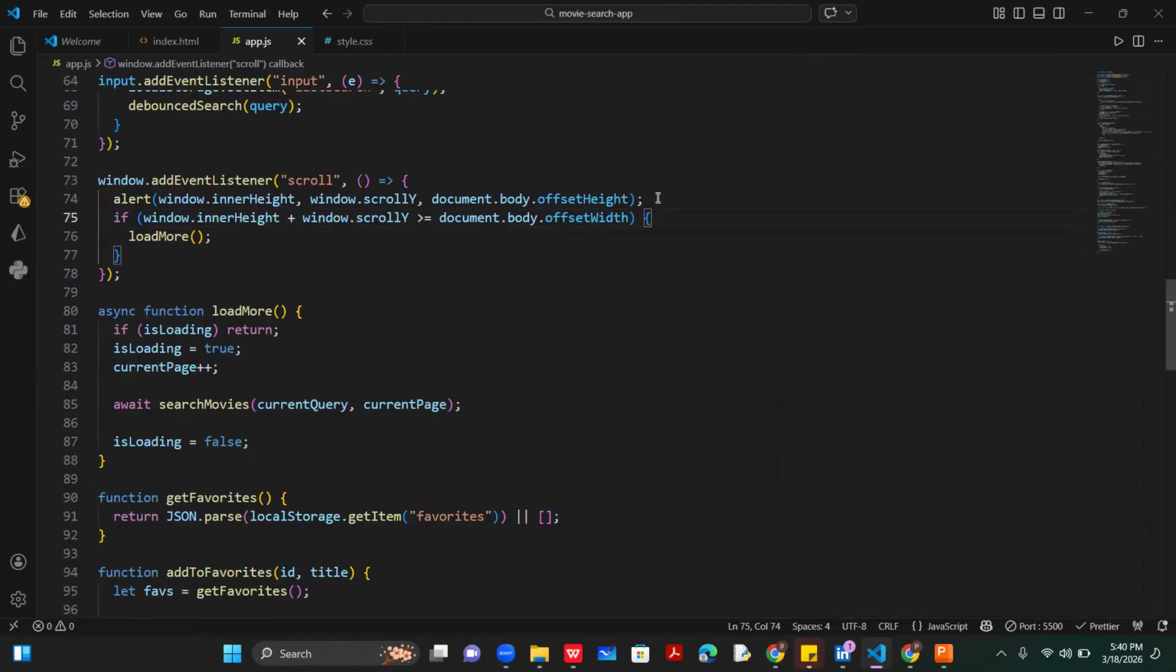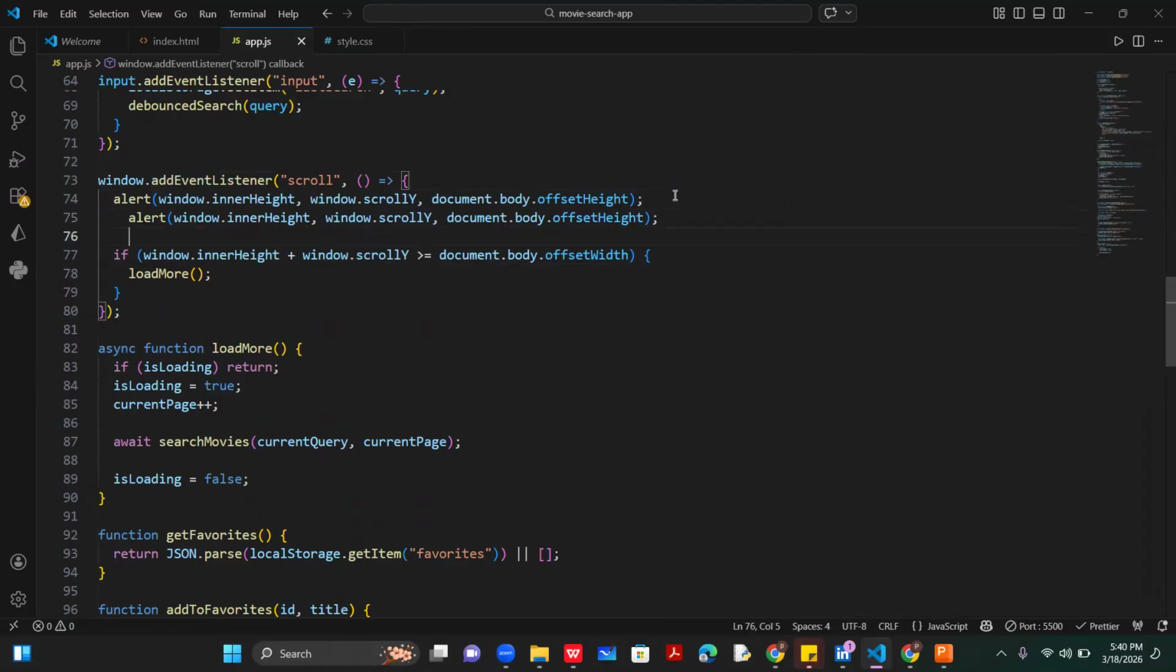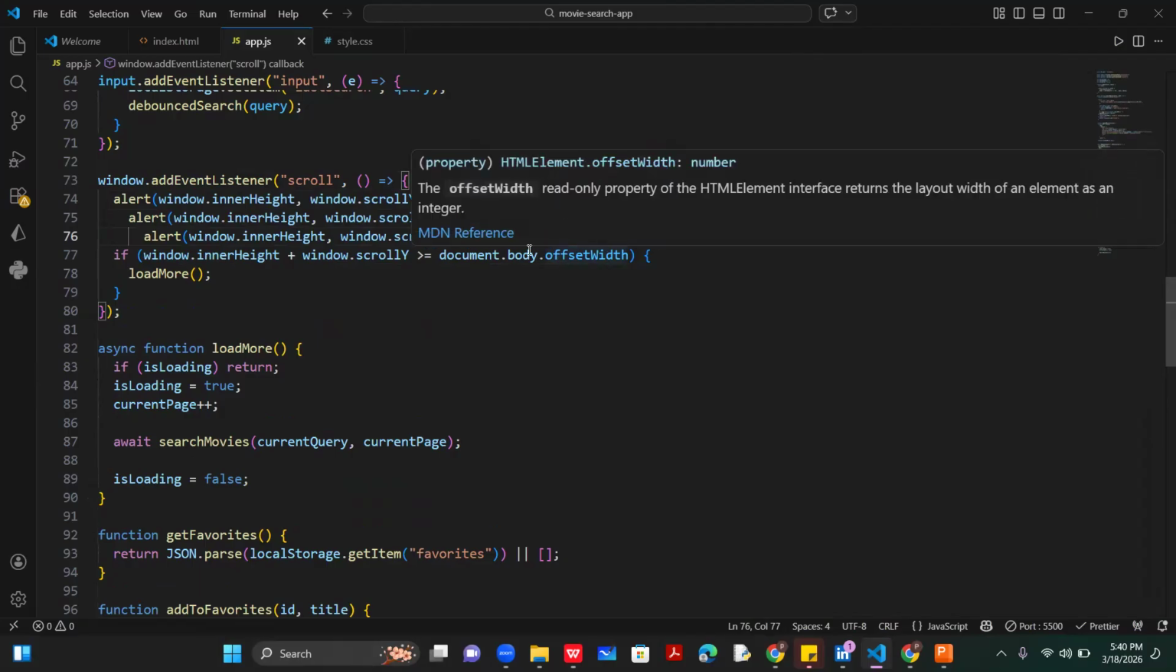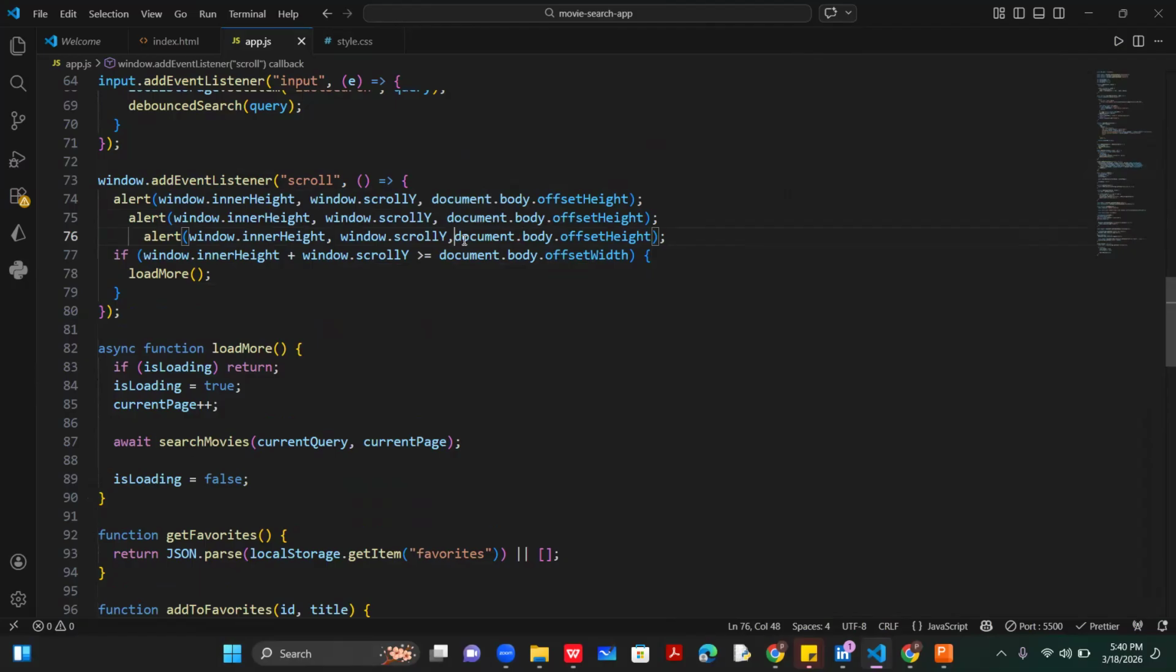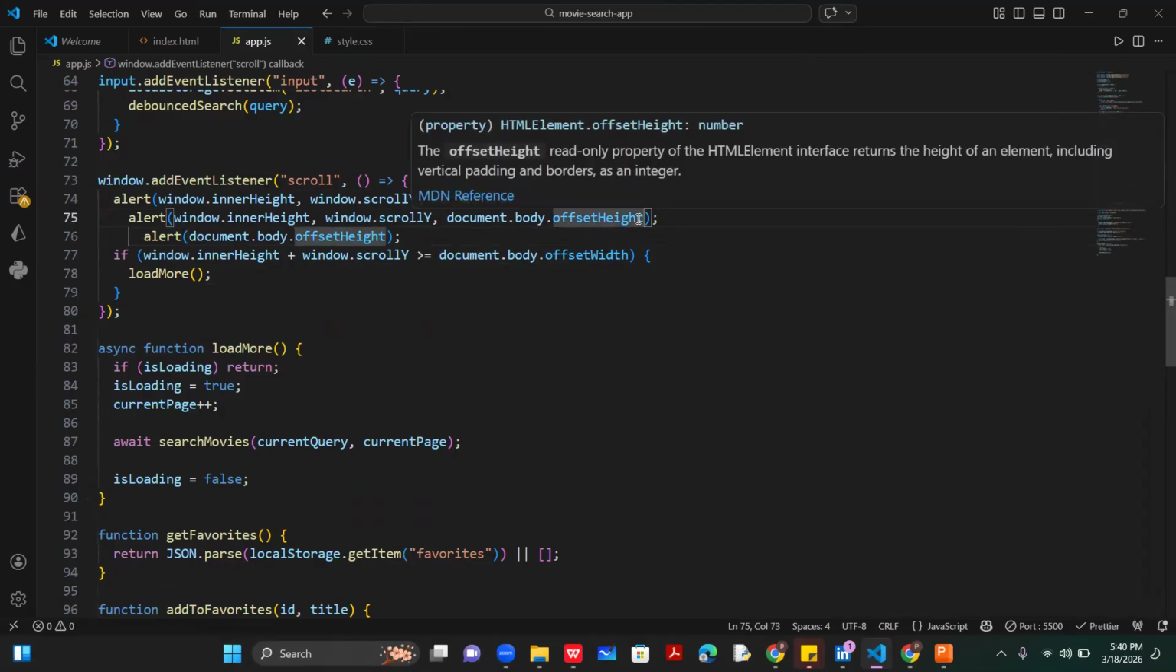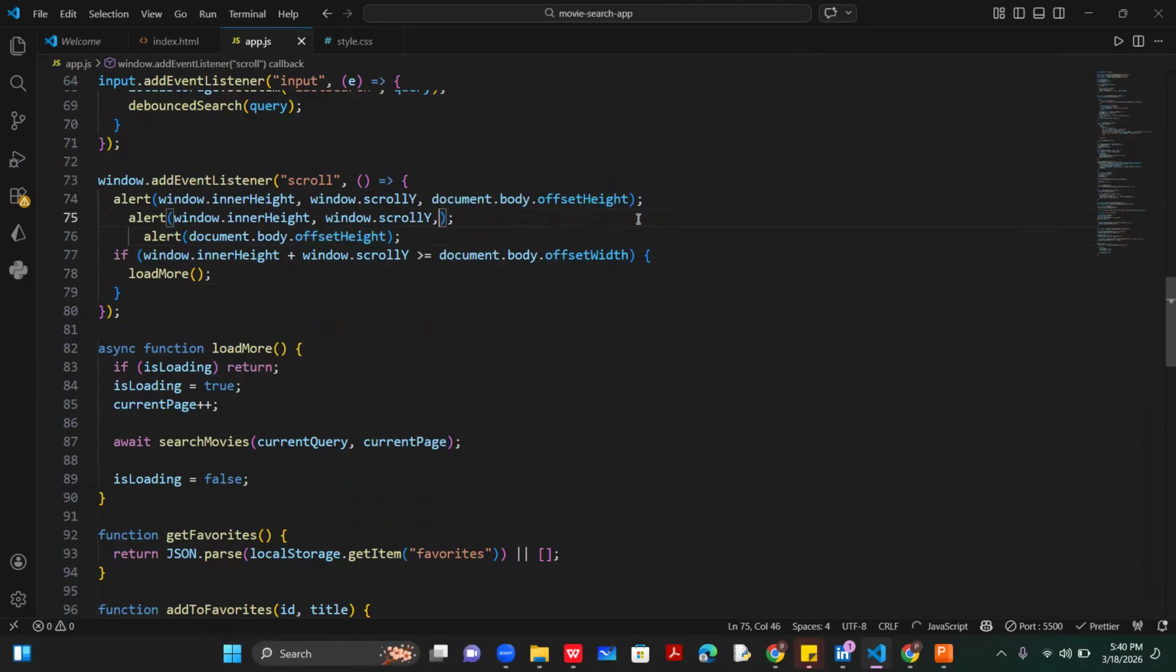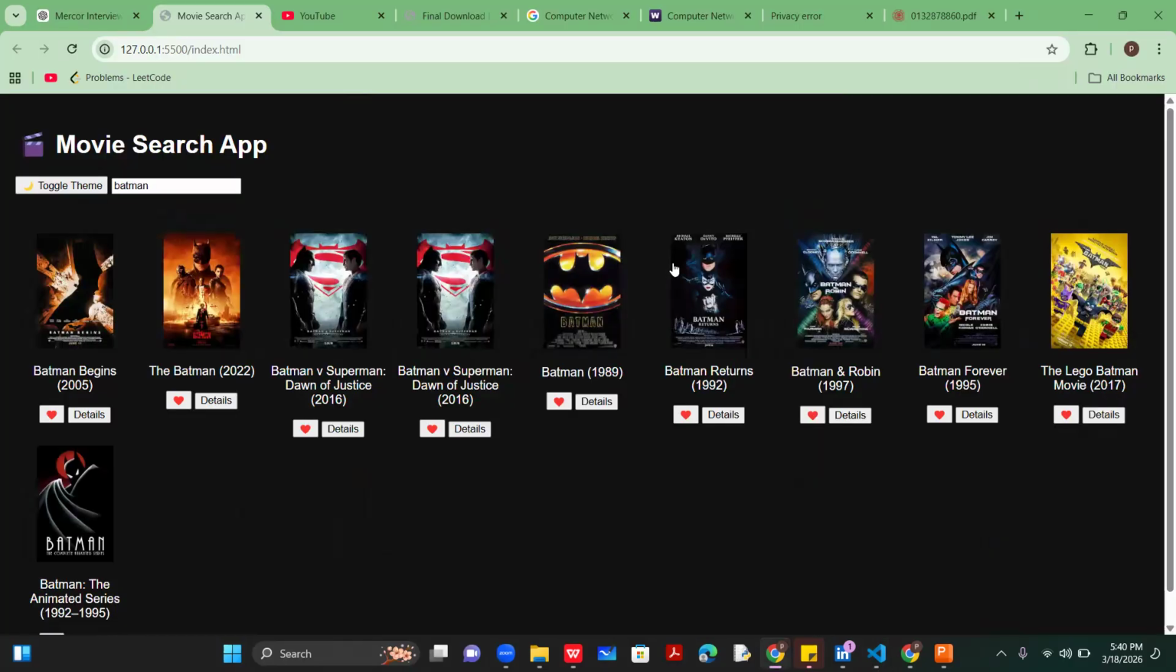Okay, so it's just the logic. It's just the logic, so let me fix it. I didn't actually check it when I was building. So the first one is going to be window.innerHeight, and then the second one would be scrollY. All right, so let's see what the maths actually gives us here. So if I scroll,